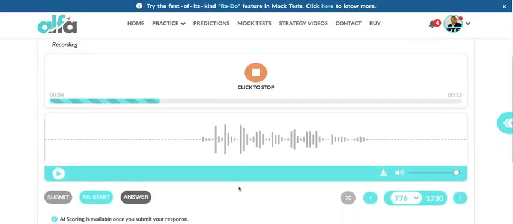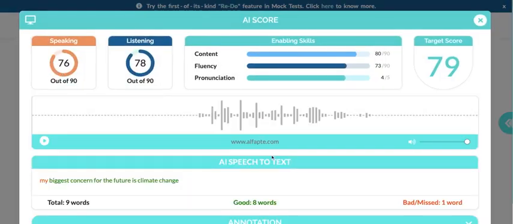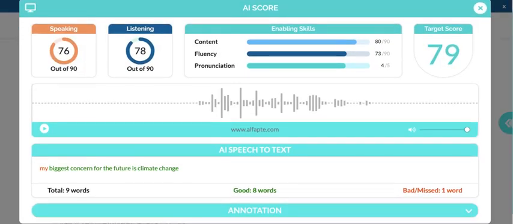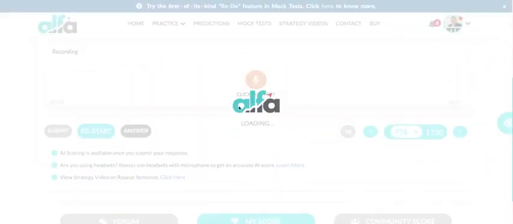Okay, I spoke very fast this time and I finished it in what, 3 seconds. Not exactly 3 seconds. But my problem now is that my content used to be 90, and it didn't come. Fluency reached 73, pronunciation dropped to 4 out of 5. So by speaking faster, I really don't achieve much. You need to understand the meaning of the word faster. First of all, if I had spoken in a simple natural way, because it was a very short sentence, I'm pretty sure I would have got it. So that score would have been better for me.